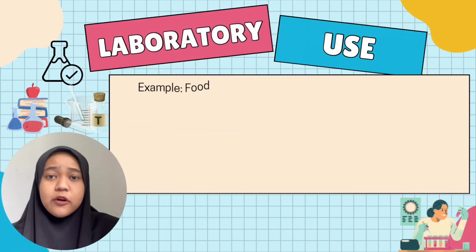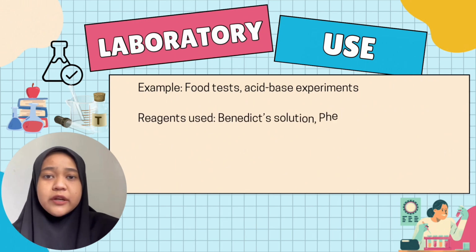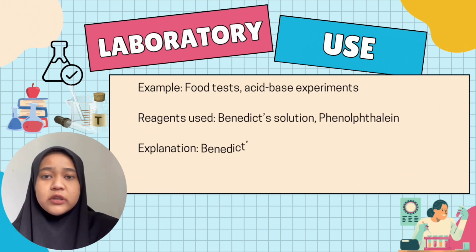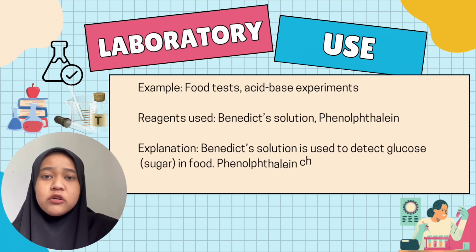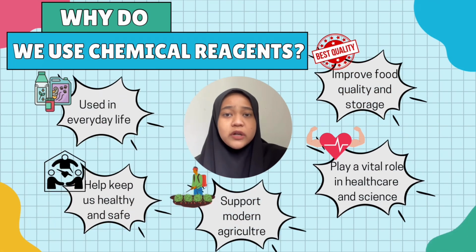And finally, of course, in the science lab, reagents like Benedict's solution are used in food tests to detect glucose or sugar. Another one is phenolphthalein, which changes color to show whether something is acidic or alkaline. So, reagents are still super important in scientific experiments. And so, to wrap it all up, chemical reagents are actually everywhere